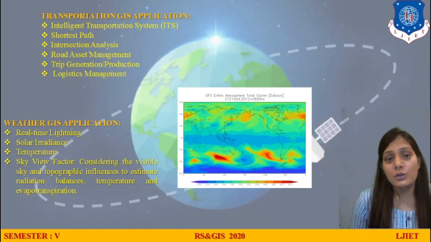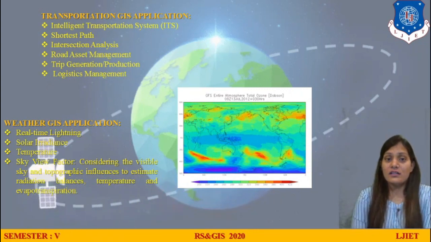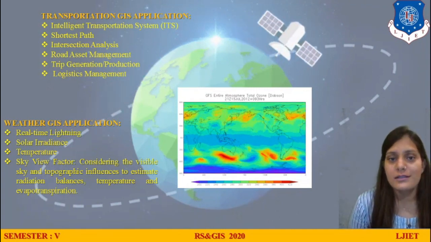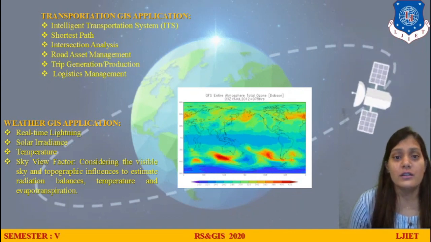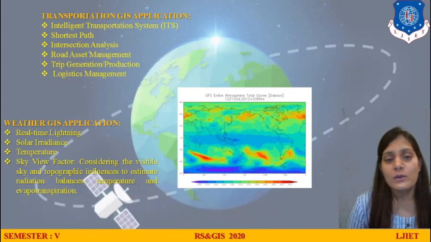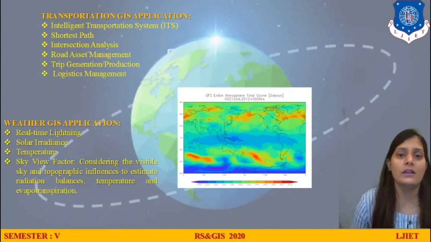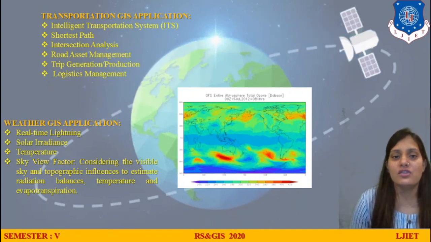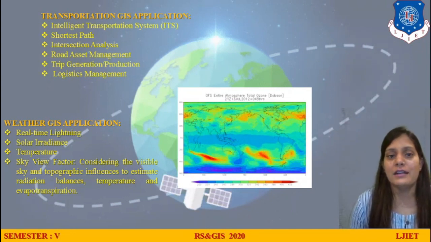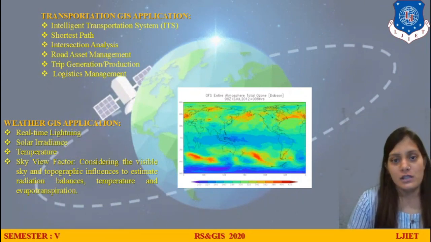We need to have good schedules, we need to have good connectivity of vehicles, transport vehicles, public transport vehicles. We have good logistic systems for the development of our country. That all comes under the transportation sector. Whether it is underwater or submarine or road vehicles, everything comes under the transportation sector only. What is weather GIS? We all know that a weather prediction comes up, that at noon this will be the atmosphere, this will be the climate change, at night 9:30 this will happen. How can that be possible? We are right now working on satellites that give us a good amount and good accuracy of time to time analysis of weather GIS.